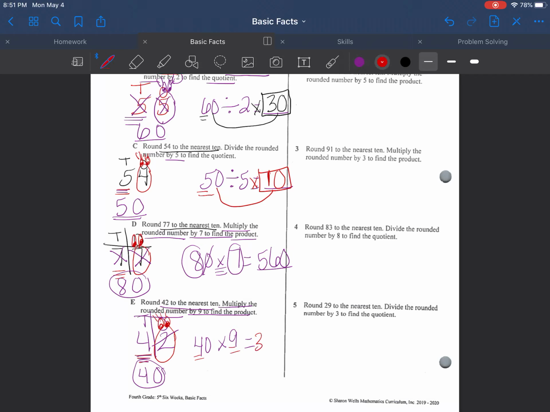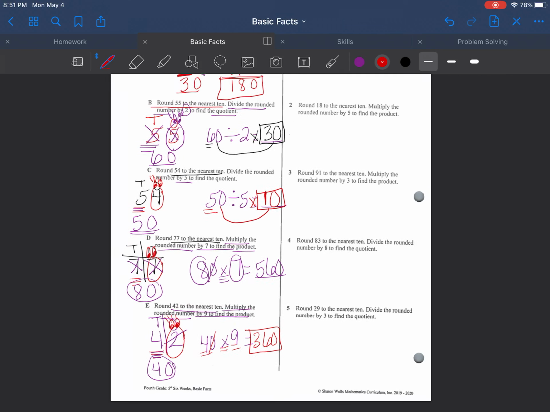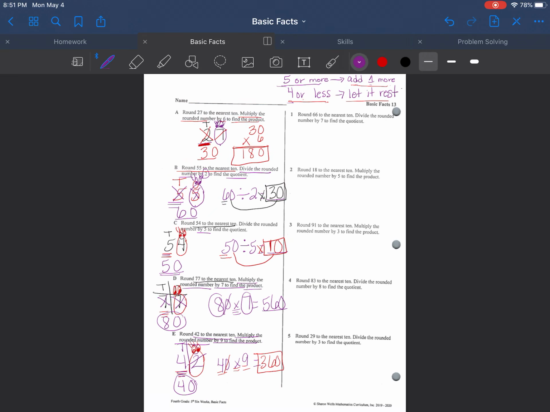Multiply the rounded number, that is 40, by 9 to find the product. 4 times 9 equals 36. When we multiply, quito, pongo. So my product is 360. So boys and girls, you are responsible for doing the numbers 1